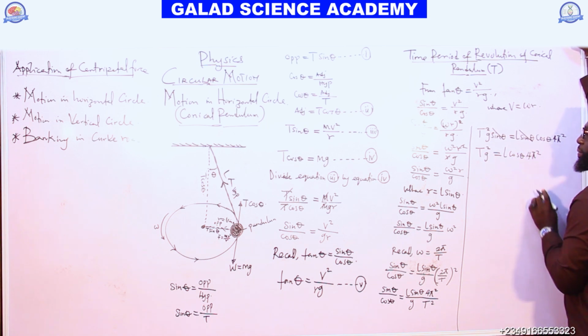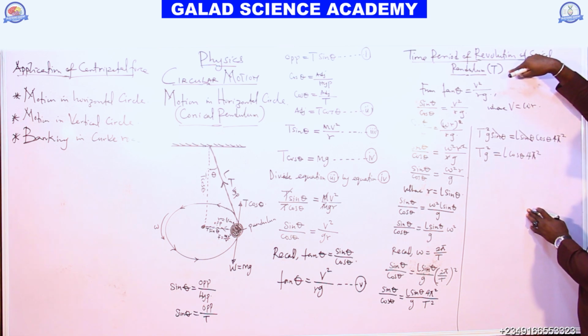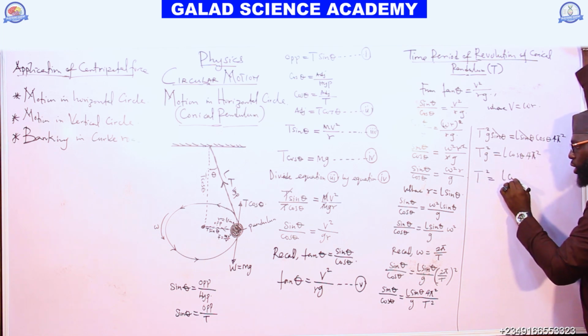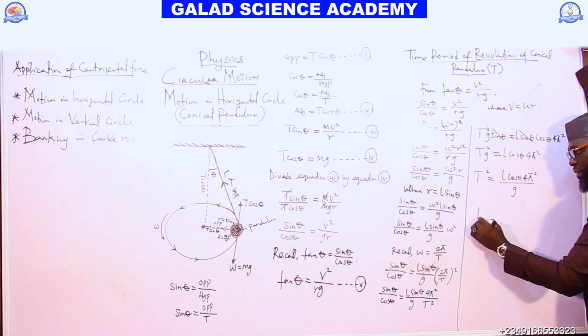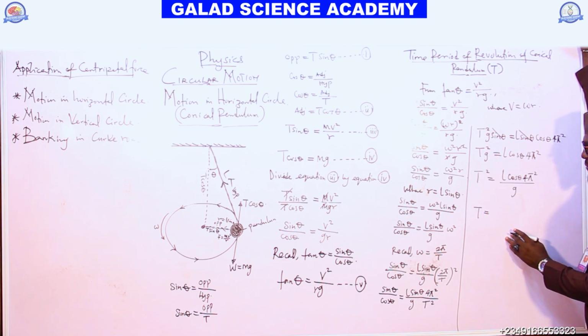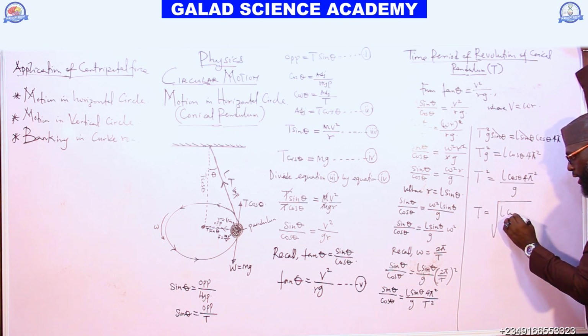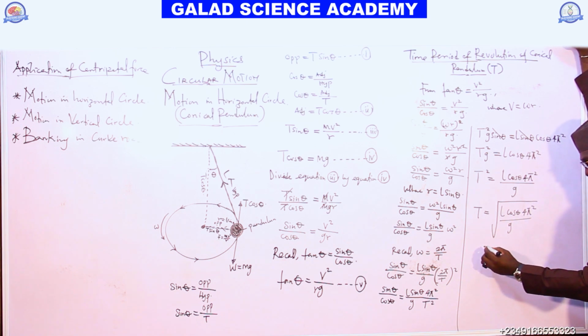And don't forget that we are looking for the period of the pendulum, of conical pendulum. You now divide that by g. You have T squared equal to m cos theta over 4 pi squared over g. You now have T equal to square root of m cos theta 4 pi squared over g. So this will give you